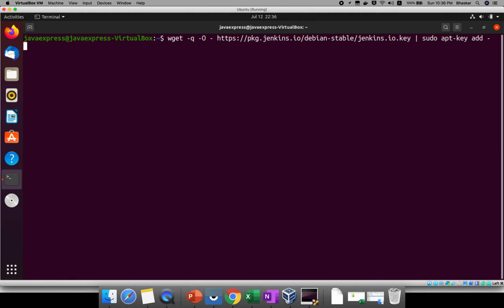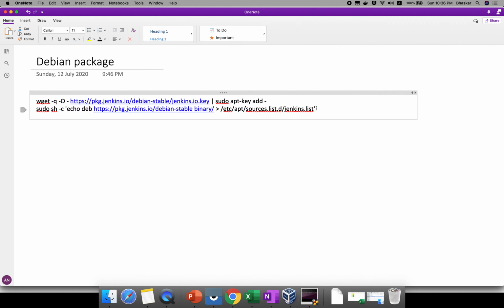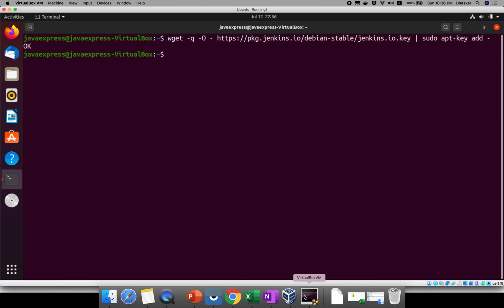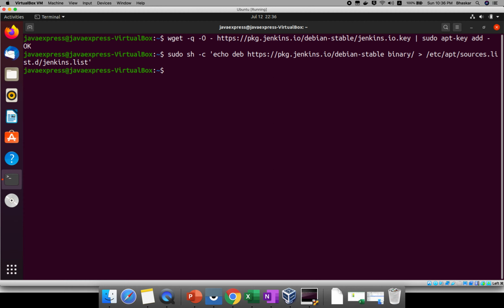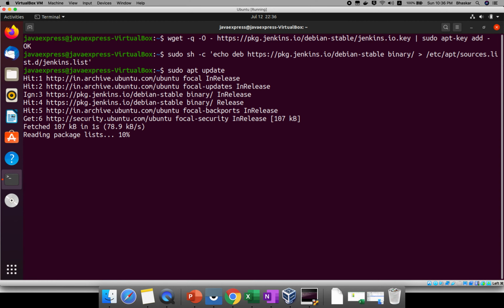Okay, so this is one package and another is the repository package. You need to add these in your system. Once this step is done, go and update with sudo apt update. It will install the required packages.